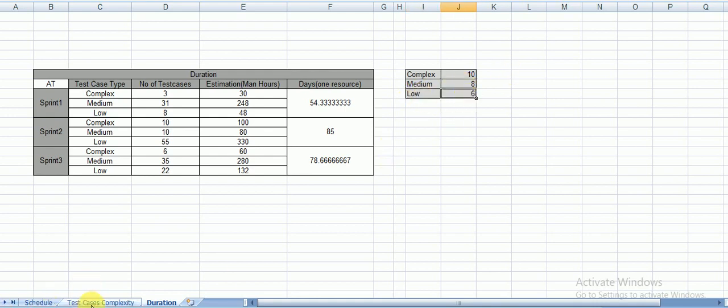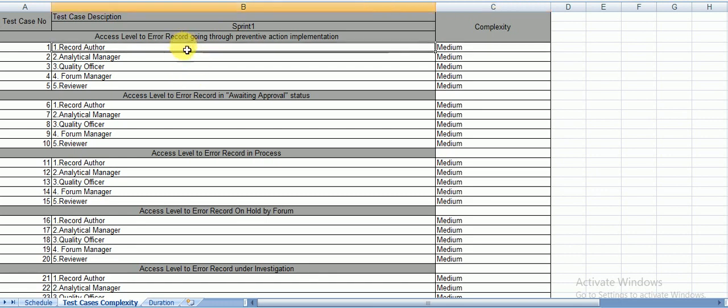So based on that, while you are performing the dry run, you need to update the complexity for each and every test case. You need to do that at the time of the dry run. Along with common functionalities, reusable functionalities, and test data identification, you also need to identify the complexity for each and every test case. How many hours is it going to take? You need to update the complexity for every test case.